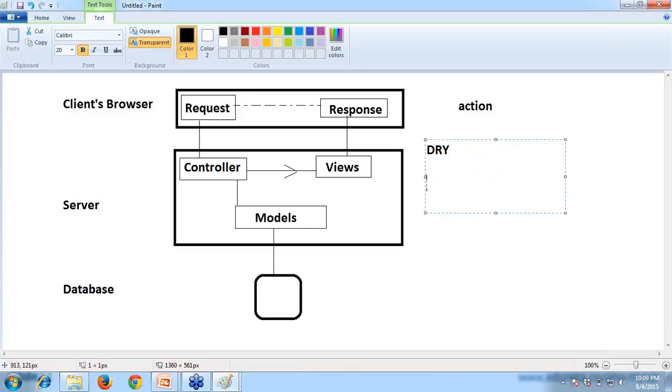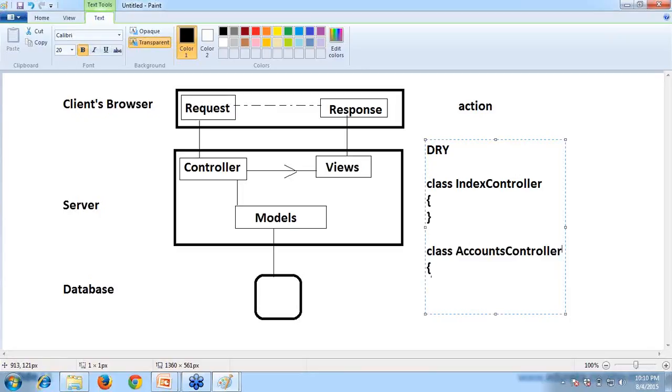For example, I'm defining classes: class index controller, the home controller, where some logic will be there. Another controller, class accounts controller. Something like class pages controller.